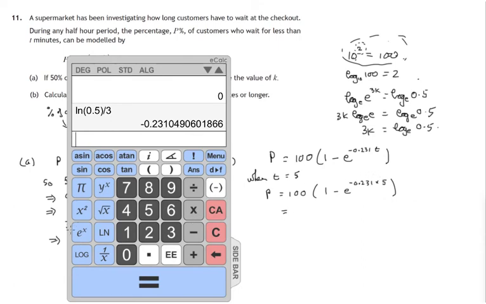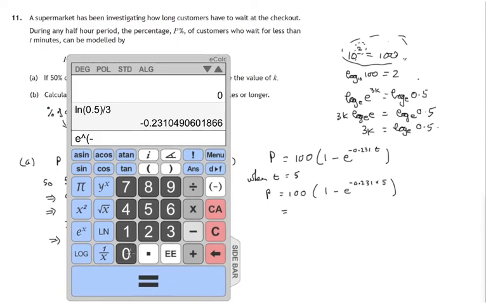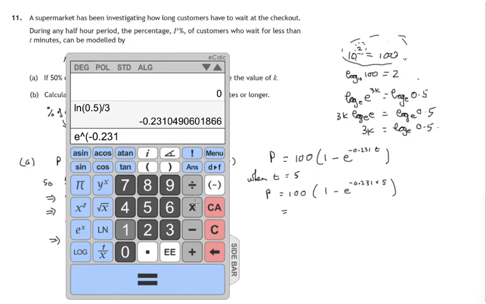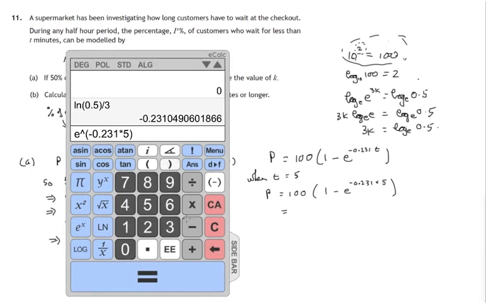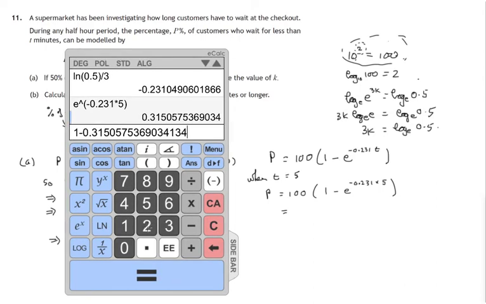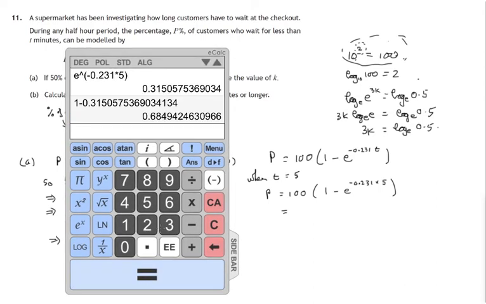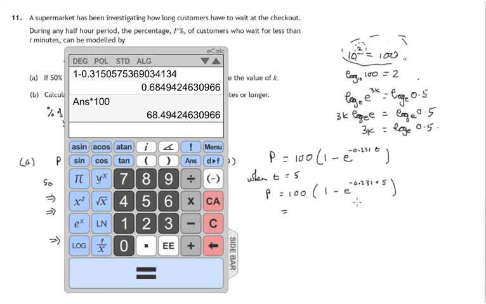So first of all, there's the e to the power x button. Let's work that out. e raised to the power negative 0.231 times 5. So that's the power I'm raising e to, which gives me that number. I have to take 1 minus that number. That gives me this, and then I have to multiply that by 100. So there is the percentage I'm after, 68.494. But that's the percentage of customers who waited